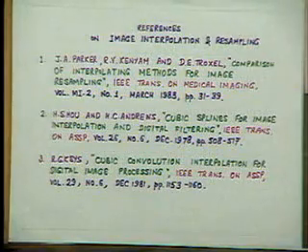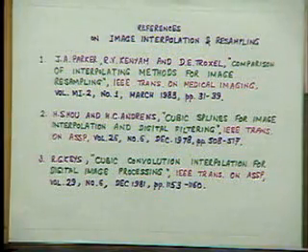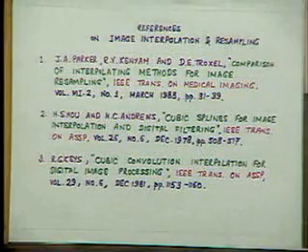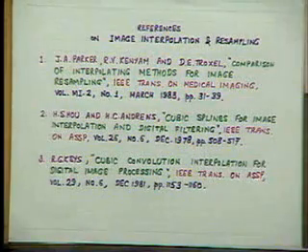The third reference is by R. G. Keys: Cubic Convolution Interpolation for Digital Image Processing. This appeared in IEEE Transactions on Acoustics, Speech and Signal Processing, volume 29, number 6, December 1981, pages 1153 to